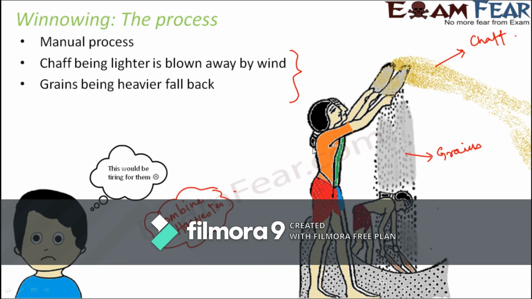So with this, I think you would have got an idea that we have learned about three processes so far. First one was hand picking, which is only suitable when you have bigger particles to be separated and when you have less number of particles to be separated. The second process was threshing, which is exclusively used to separate grains from the stalks, which are very much dissimilar in their structure, appearance, size, etc. The third process is winnowing, which is used to separate particles where one of them is heavier, the other one is lighter. So based on their weight, it decides whether one will get carried away with the wind and the other one being heavier will fall back. So that's the process of winnowing.